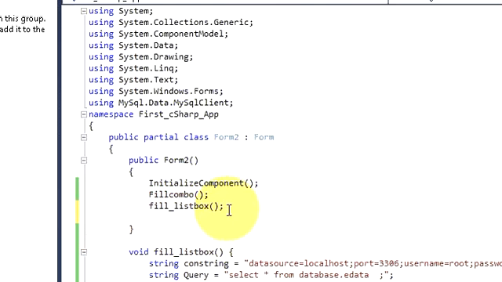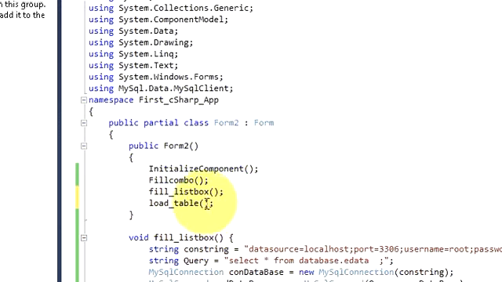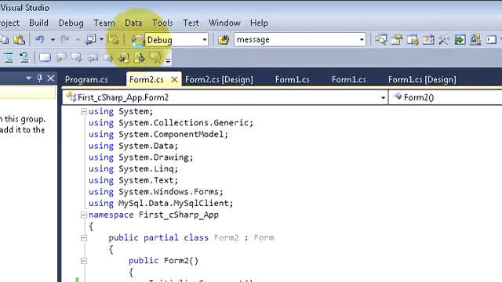So just go there and paste it there and close it. I think you know what this is, because I have already explained what this function is. So wherever this function is there, just call your load table function, and now when you run the program,